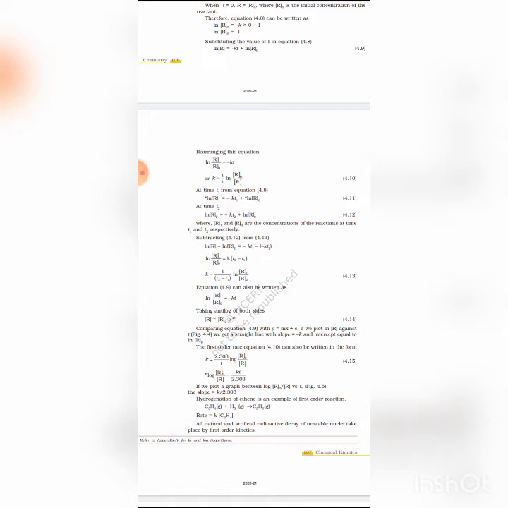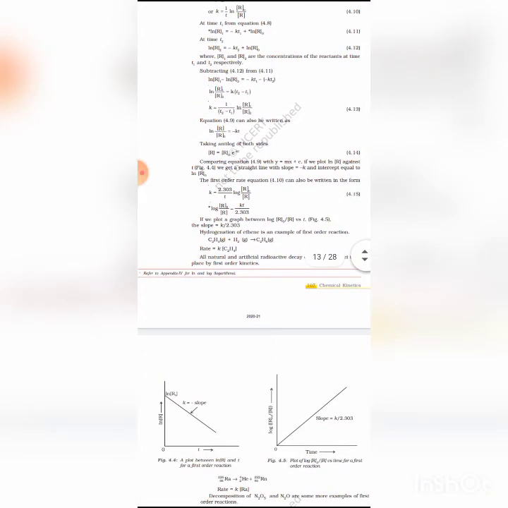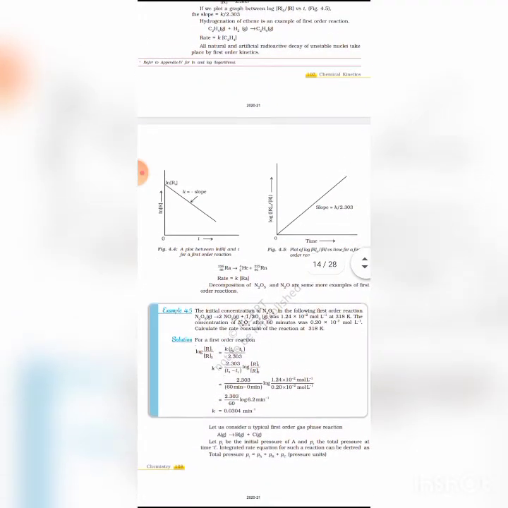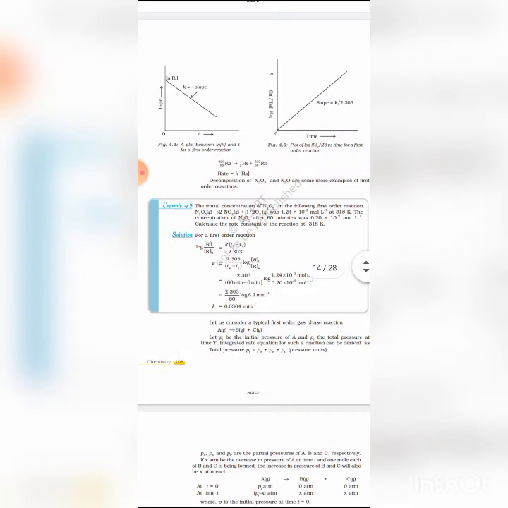Clear? So rate of reaction equals F into Z, where Z is the collision frequency and F is the fraction of collisions which are effective. Okay, and threshold energy: the minimum energy that the reacting molecules must possess in order to undergo effective collisions to form the product